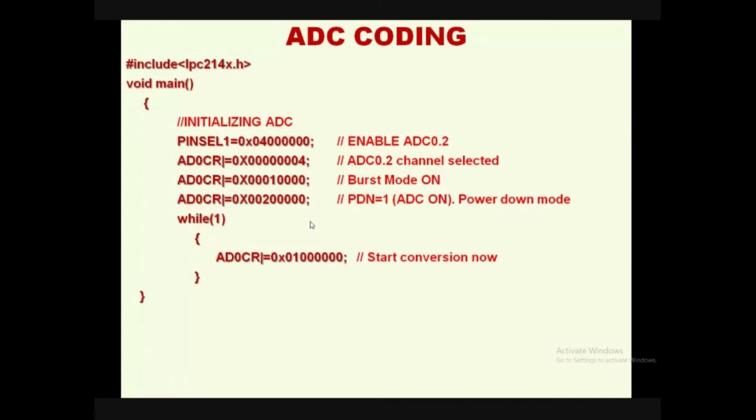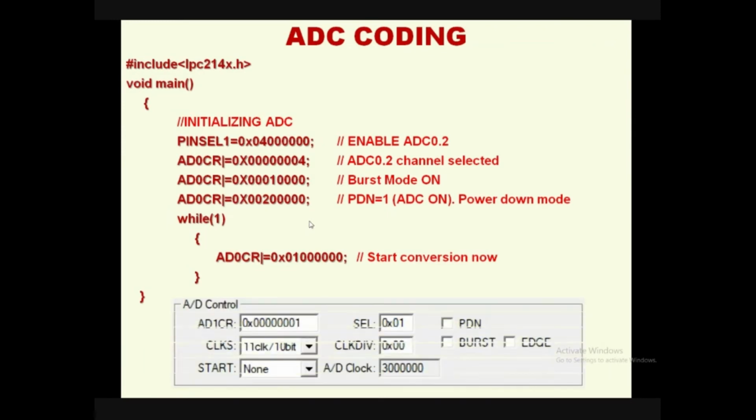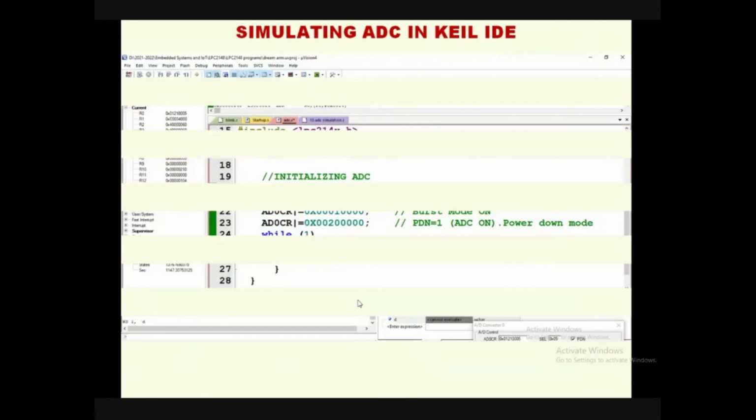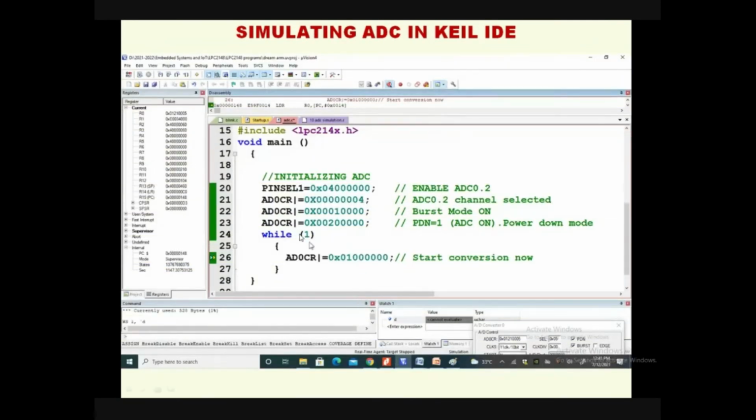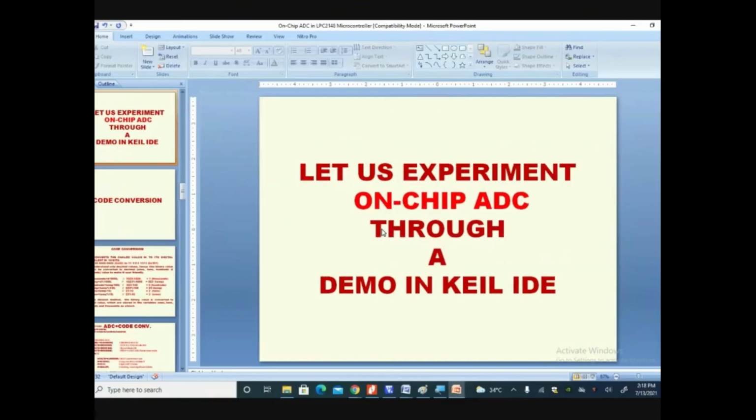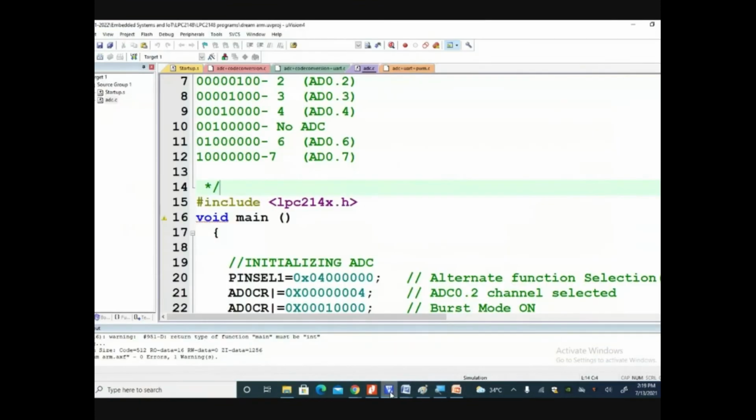Okay, this is a very simple code to understand how the ADC works. The analog to digital converter register, the ADC control register, is this. While simulating, you will be able to see this. So the simple analog to digital converter setup is this. This you need to understand. If you do the simulation in the IDE, we are able to get the output. So let us see the simulation part. You will be more comfortable, as we saw yesterday.